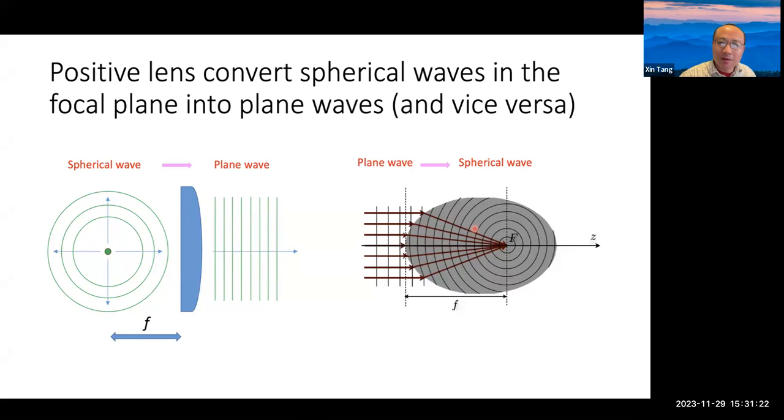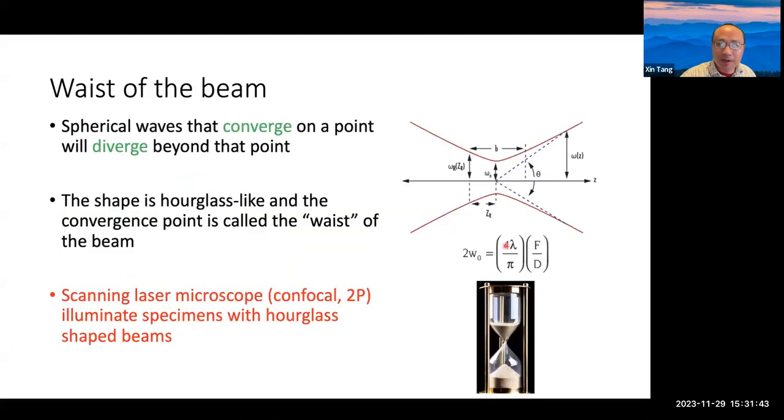Now, I mentioned this before, that the point, after it gets imaged into the imaging plane, actually is not a point anymore. So why is that? That is because if you look at this focus point, you will find there actually is not a point. It's actually a finite